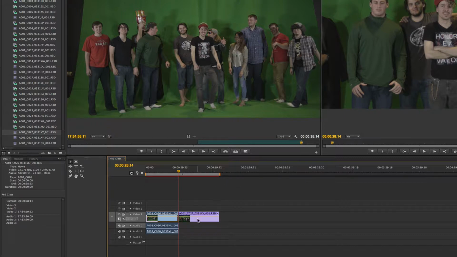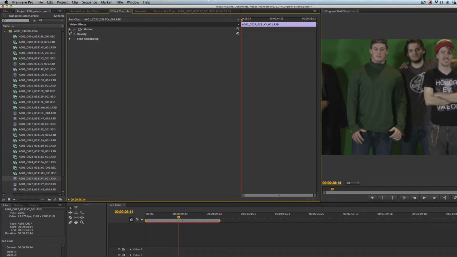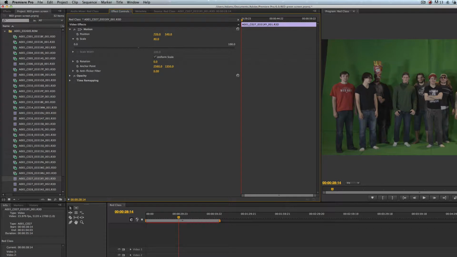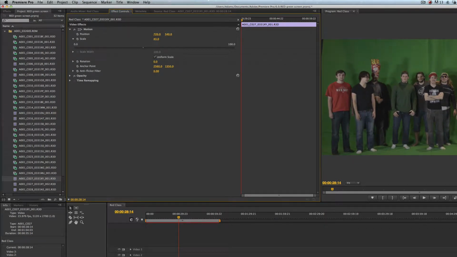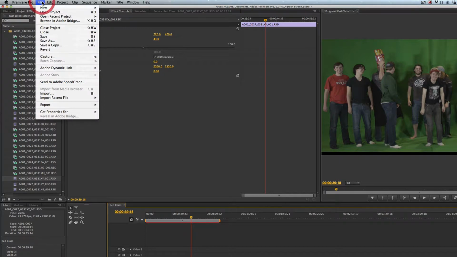And again, double click on the clip, go in under the motion controls, change the scale. And we'll just use these two clips as an example. But if you know what you're going to work with for your sequence, you can create your sequence here. If I save this,